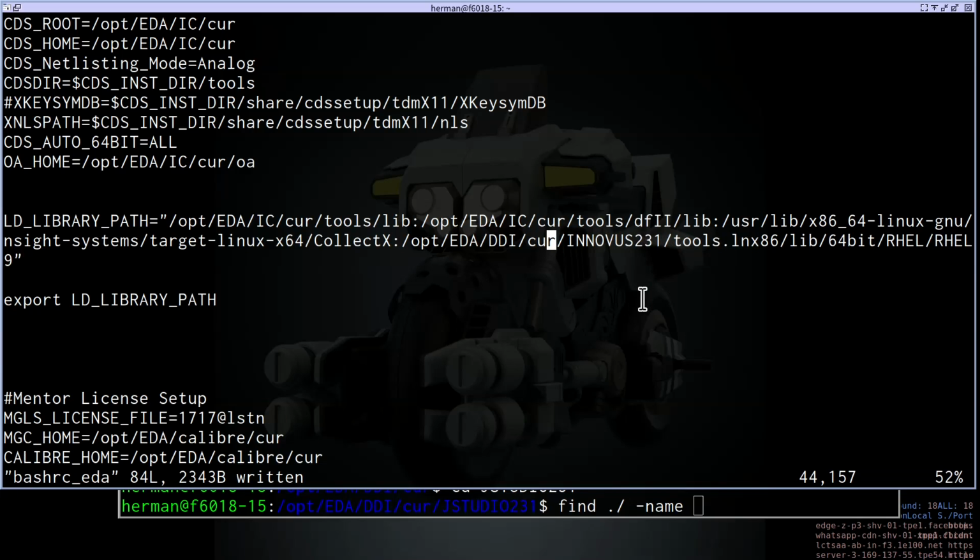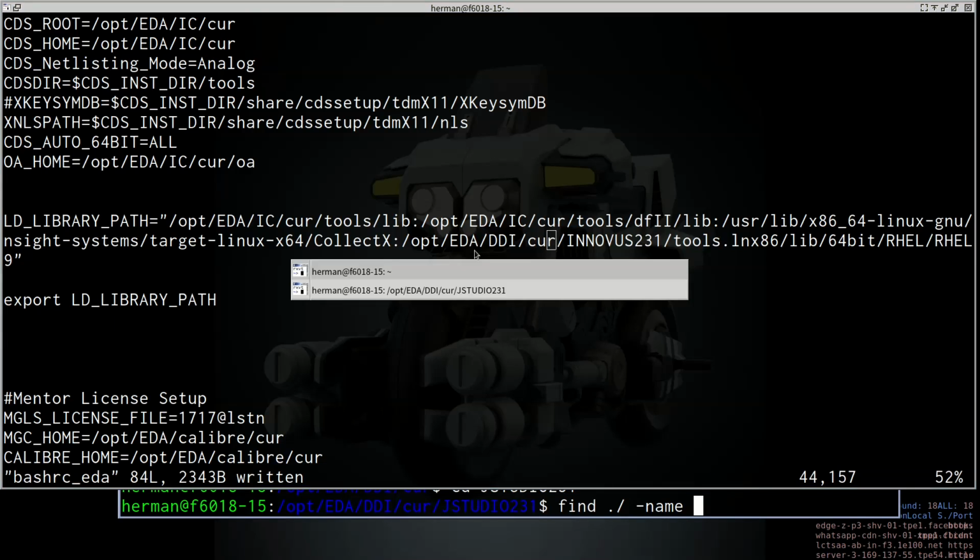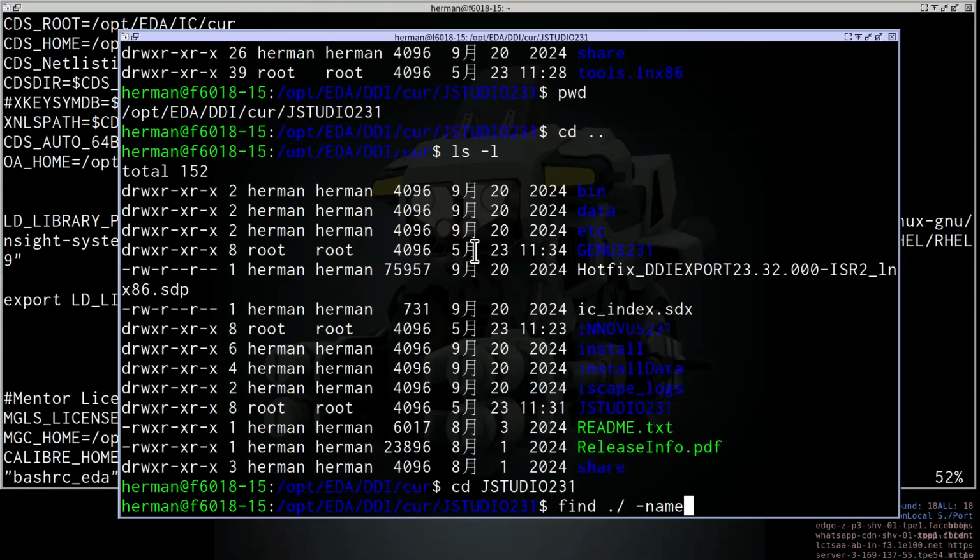We needed to add the LD library path. Understand? So this is the most difficult part in EDA tools installation. You need to deal with that one by one based on your experience. If you have zero experience, then you are done.